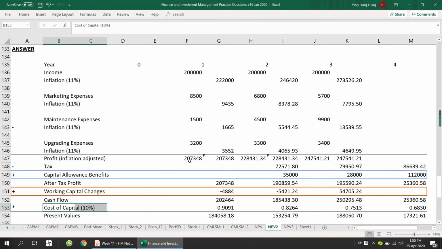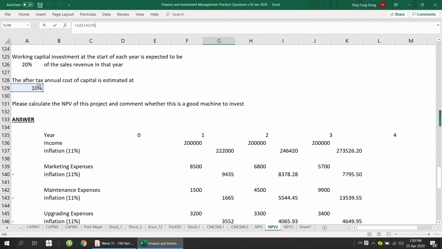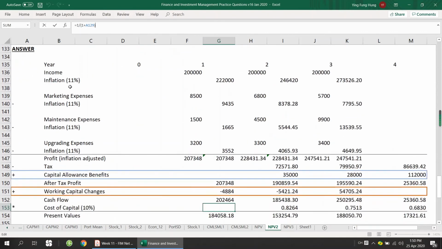So if we want to calculate the discount factor for year 1, then we take 1 divided by open parenthesis 1 plus the 10%, which is the information that we get from the cell 129, this one here, and this will give us a discount factor of